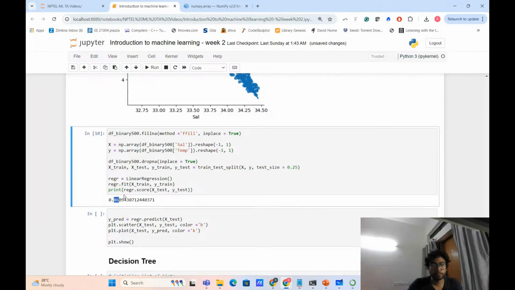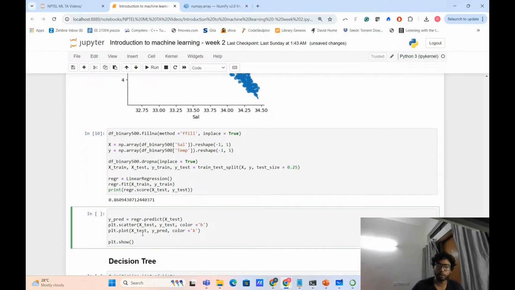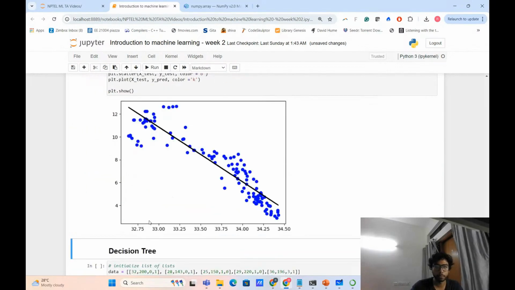So your model is now 86% accurate. And if you want to see, this is the fitted line. The earlier straight line you just ignore. This is the line that you have fitted using the linear regression model, and these are the data that you have. Now you can see, okay, my model looks better. And also from the accuracy, you can see this line is showing 86% accuracy. So this is all about linear